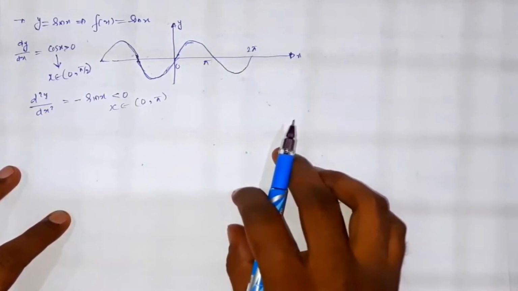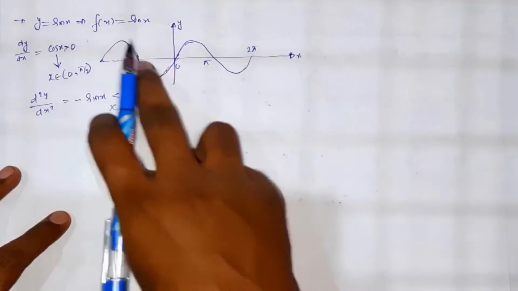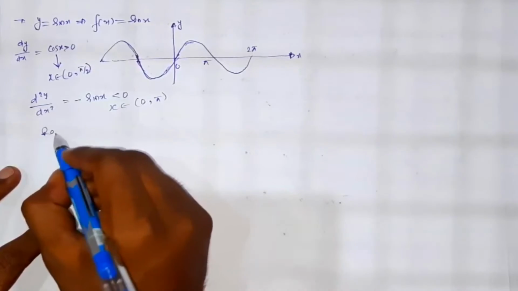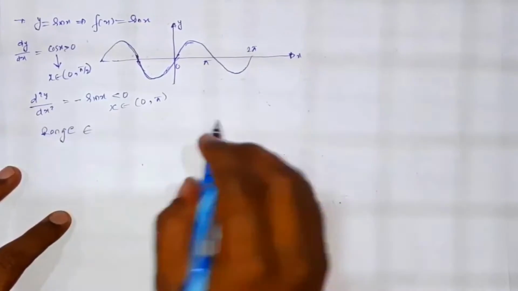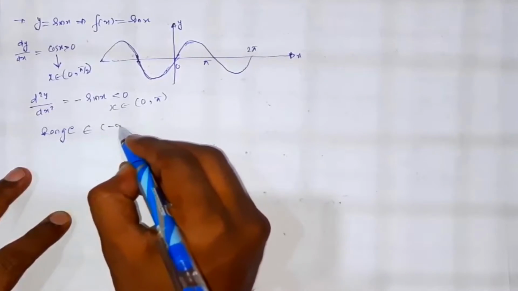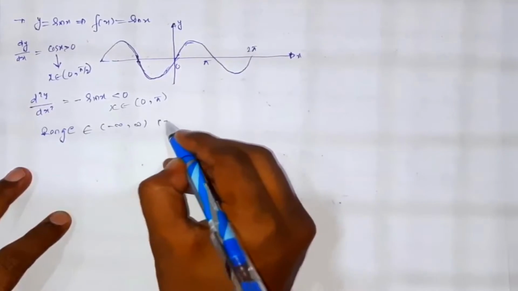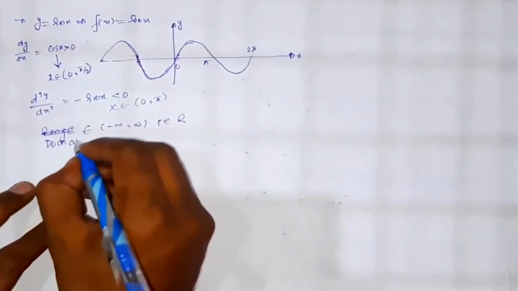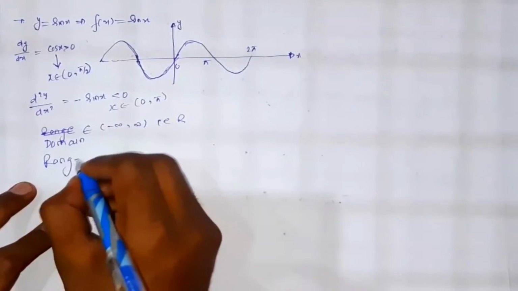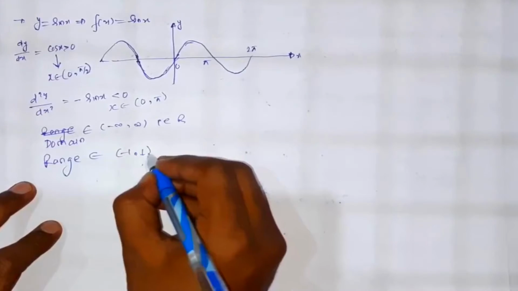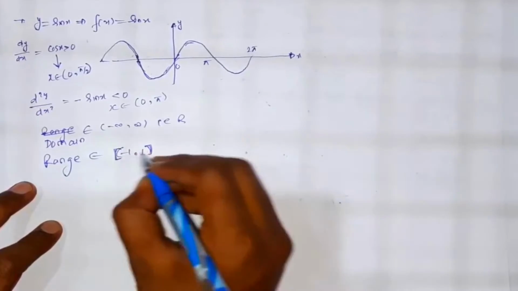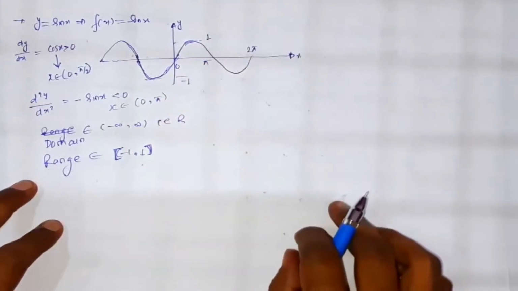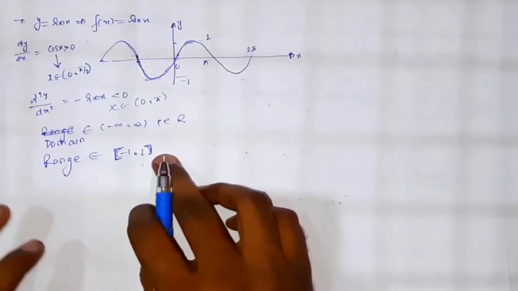Similarly, we can define the other domes of this function. Okay. So this is the graph of this function. So range of this function will be from minus infinity to plus infinity. So we can say that is R. And this is domain actually. I'm really sorry. And range will be like this, from minus 1 to 1. And 1 will be included and minus 1 will also be included. Okay. So this is minus 1, this is 1. Okay. I hope it is clear to all of you. So this is the domain and this is the range of this function.